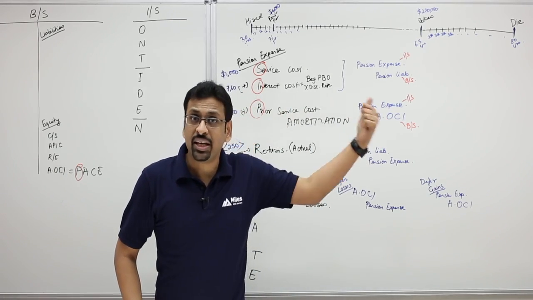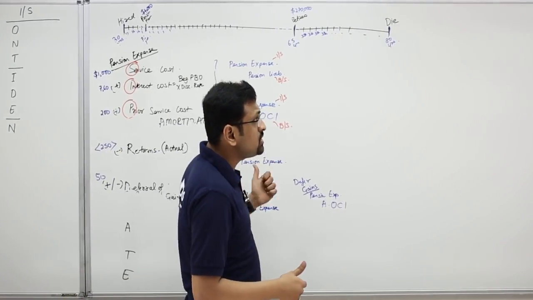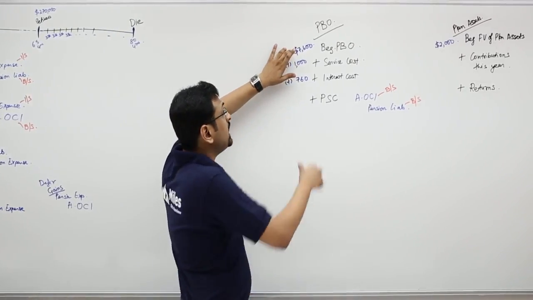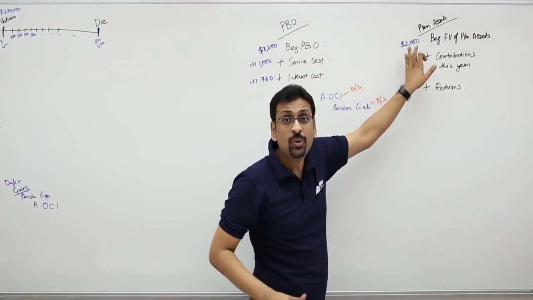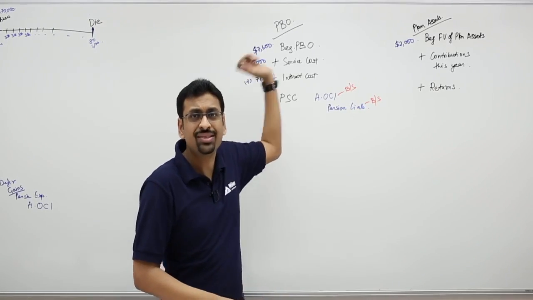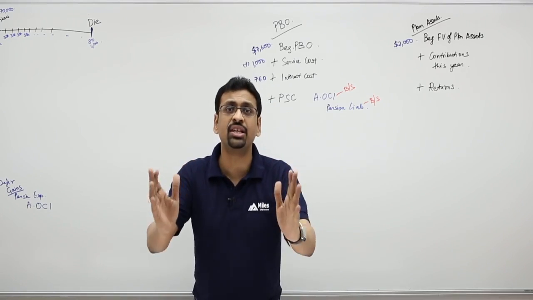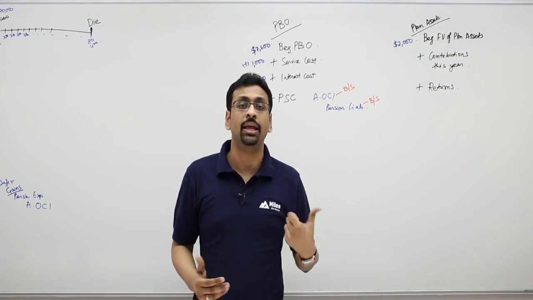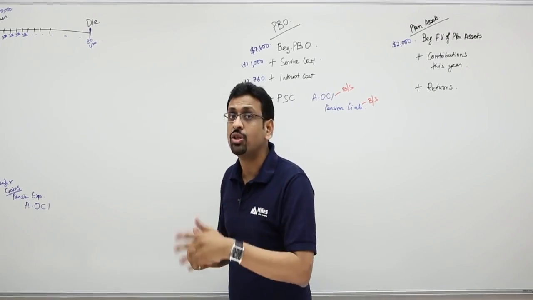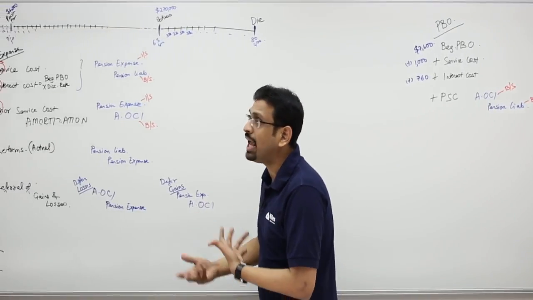So in the numbers that I've been trying to bring up here, let's look at this. So for this year, the beginning PBO was $7,600. The beginning fair value of plan assets, that was $2,000. What's higher? Naturally, $7,600 is higher. What's 10% of this? $760. So $760 is the corridor limit with these numbers. Now, if the deferred gains or the deferred loss are more than $760, then we would amortize them over the